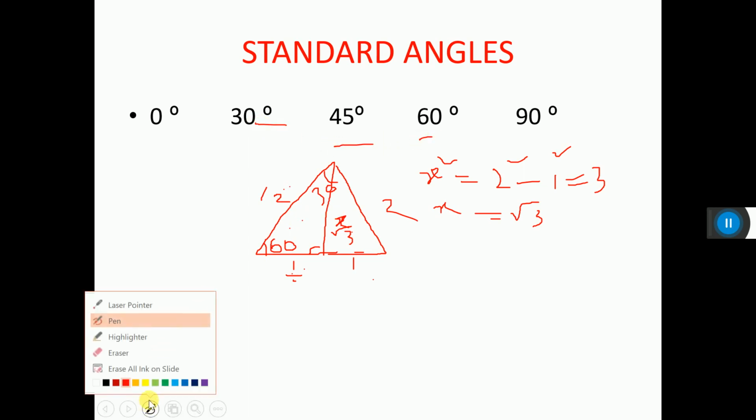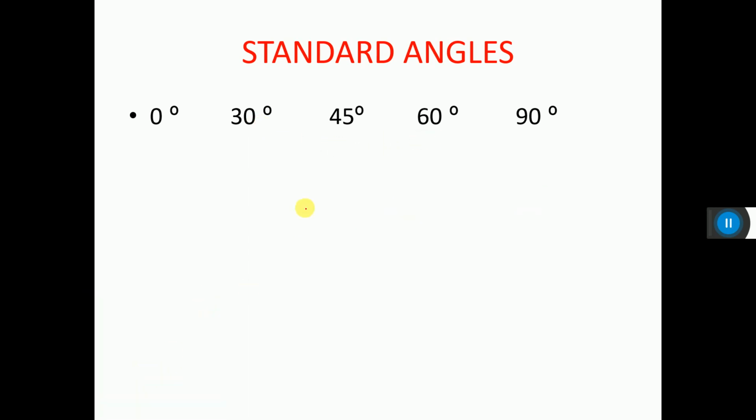Now I will show you 0 degree. Now 0 degree, if I try to do, see here, I cannot draw the triangle because it is 0 degree. But with one technique, you see this is 90 degree. I am reducing the angle. This is less than 90 degree. So this is the perpendicular. This is base and this is perpendicular.